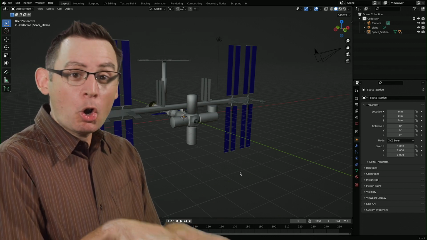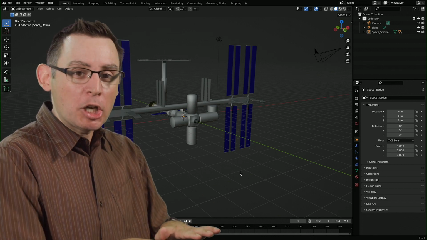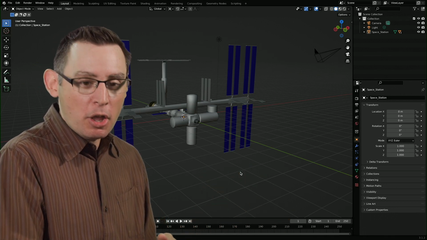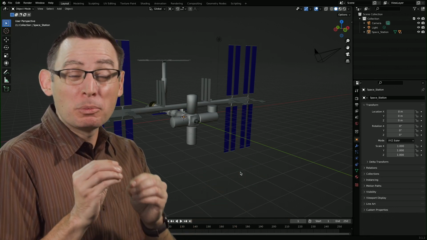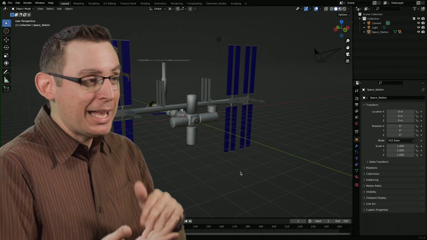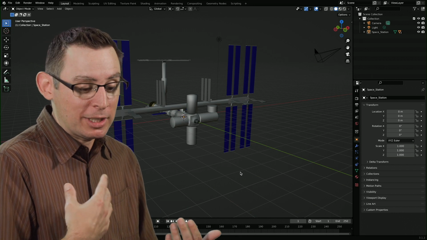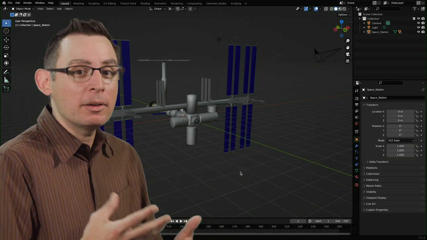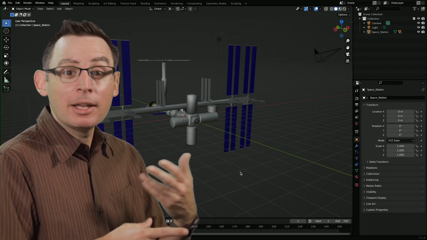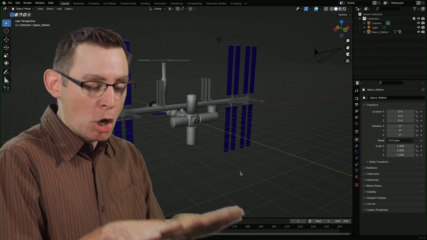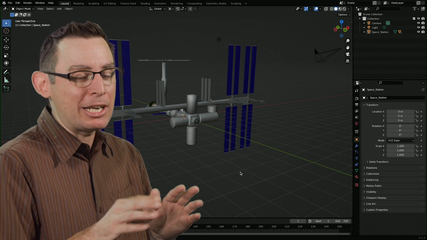In addition, you're also going to need access to a traditional full-size keyboard that has a number pad. And the number pad is linked to some really important keyboard shortcuts that'll make it fast and easy to orient and navigate around our three-dimensional scene. It's not a deal breaker if you don't have it, but it is going to make it a whole lot faster, and the experience is going to be a lot better. So I really suggest you get a keyboard with a number pad and a 3-button mouse.